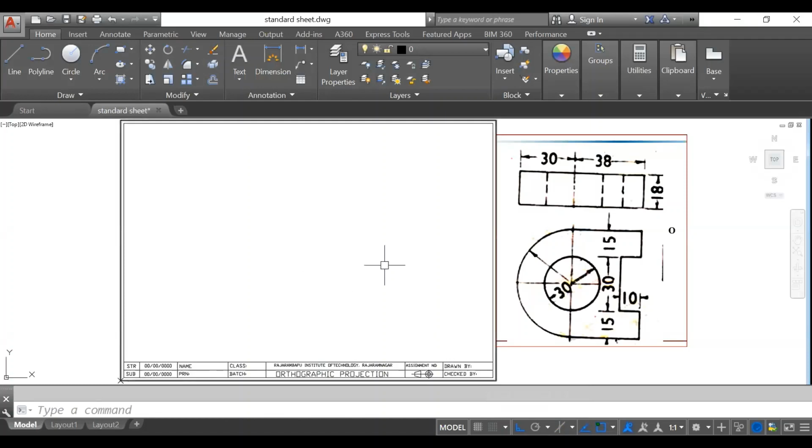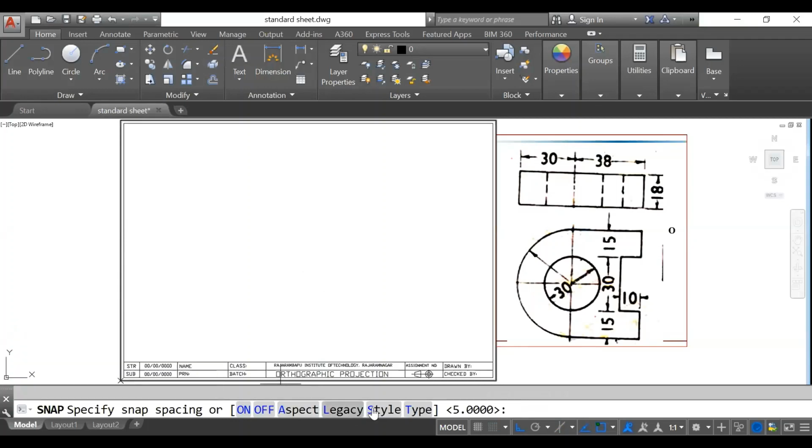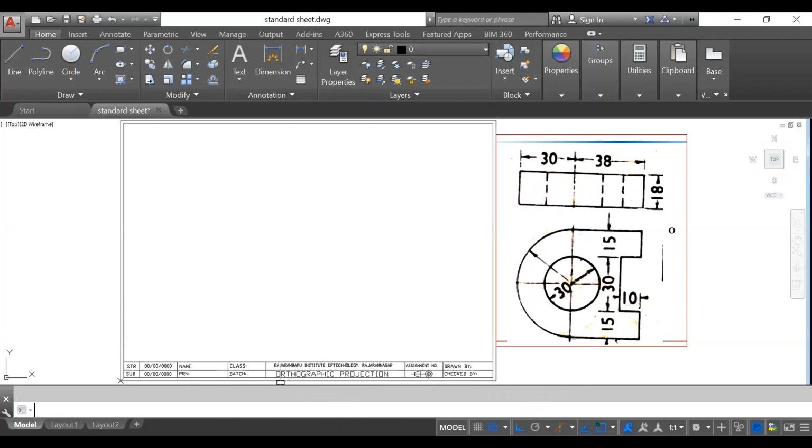Okay. So I will change it again to isometric mode. Snap, enter, then style, isometric. Instead of standard, I will use isometric here. Then use 5, enter, and do not forget to turn off the snap. Otherwise, if you turn on the snap, the cursor will move point to point, meaning 5 mm.